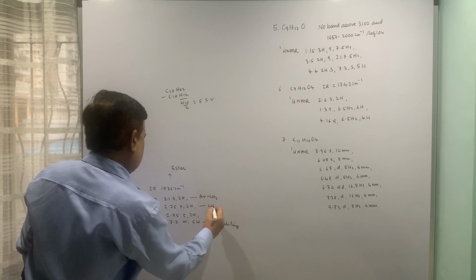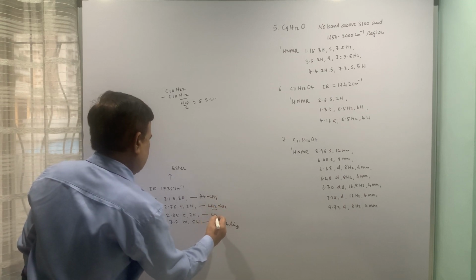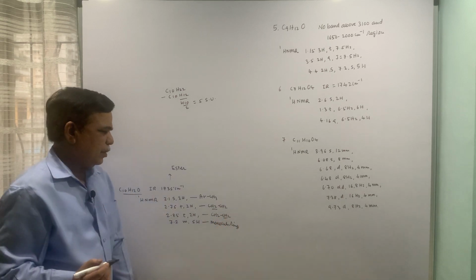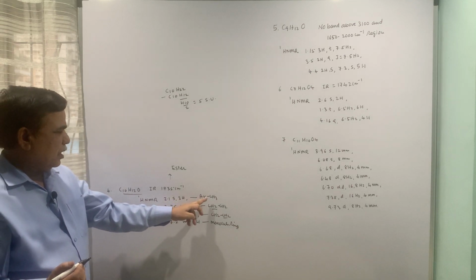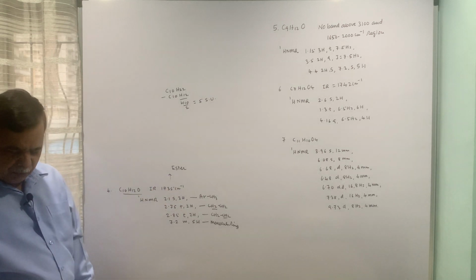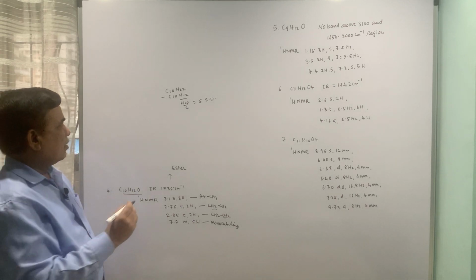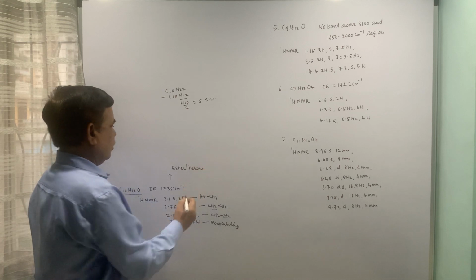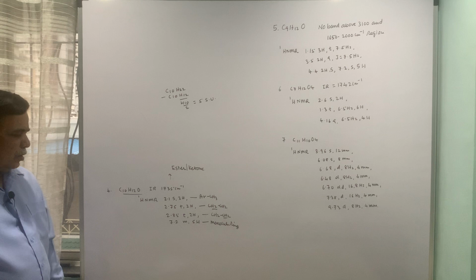Triplet, 2 protons, that is CH2, which has CH2 next to it. This is once again CH2, which is having CH2 next to it. So 6 carbon, 7, 8, 9, and the carbonyl is the 10th one. Ester or ketone, 1717. Only one oxygen is there, so it can't be an ester. It has to be a ketone, probably a saturated ketone.